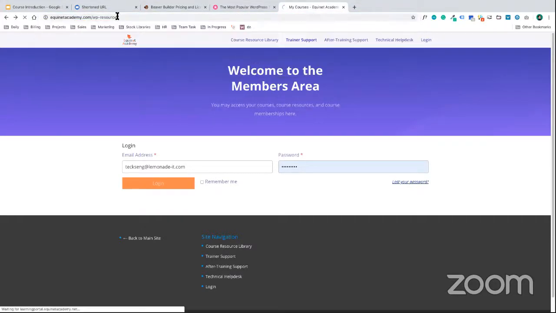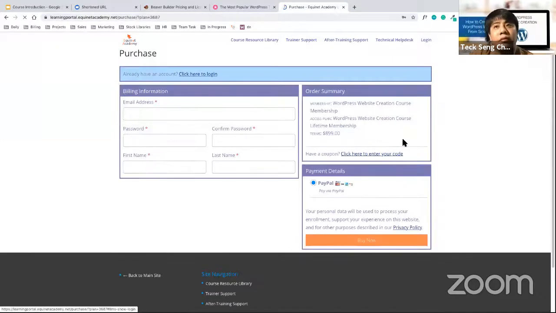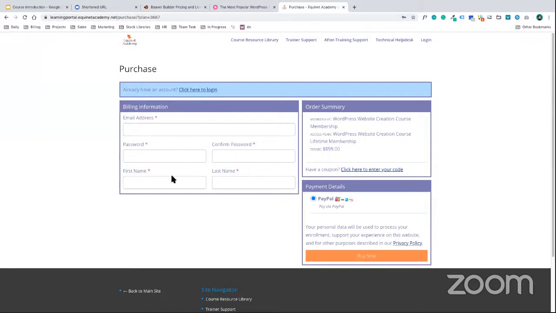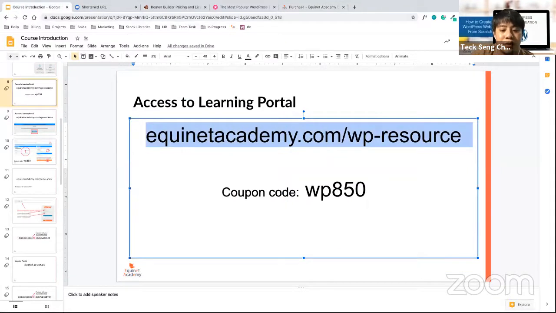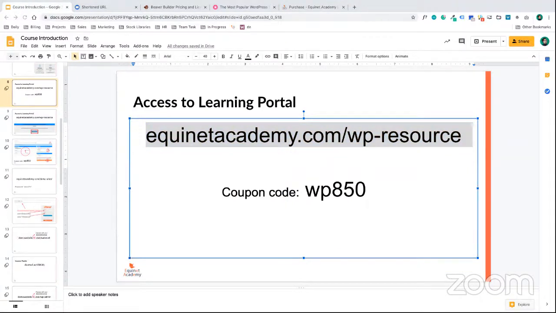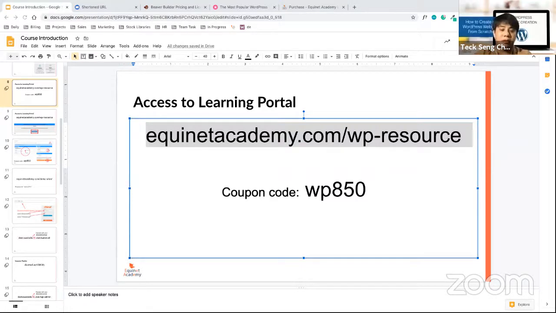Yes, correct. So you go back to this page, you key in your own email, your password, confirm password, first name, last name. Then the coupon code, you enter this one, WP850. I log in with my personal email, correct? Correct. You register first.